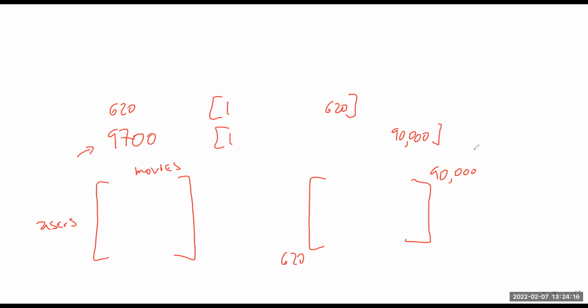Okay? So you're going to have to add an extra step where you take the movies that are 90,000, but map them to a scale from 1 to 9,700 or so. And this is important, because something that could run in 3 days will now run in an hour. A lot of the time, machine learning is like that. You have to be clever with your data to get results fast.